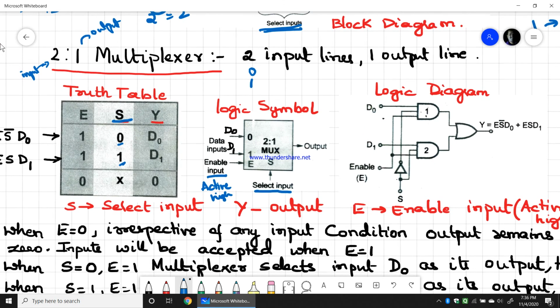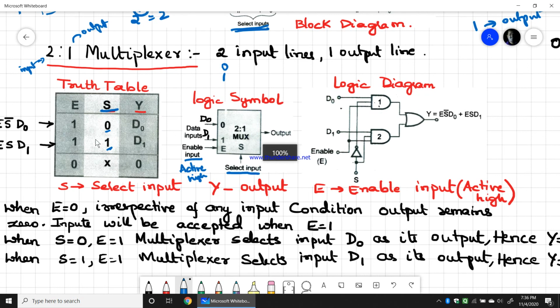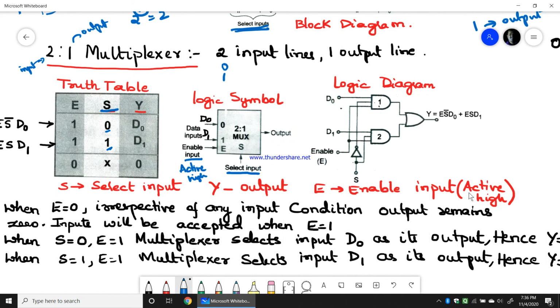It means that only when the enable input is 1 will this 2:1 multiplexer device be enabled. Inputs will be selected and the output will be equal to the input whichever is getting selected.